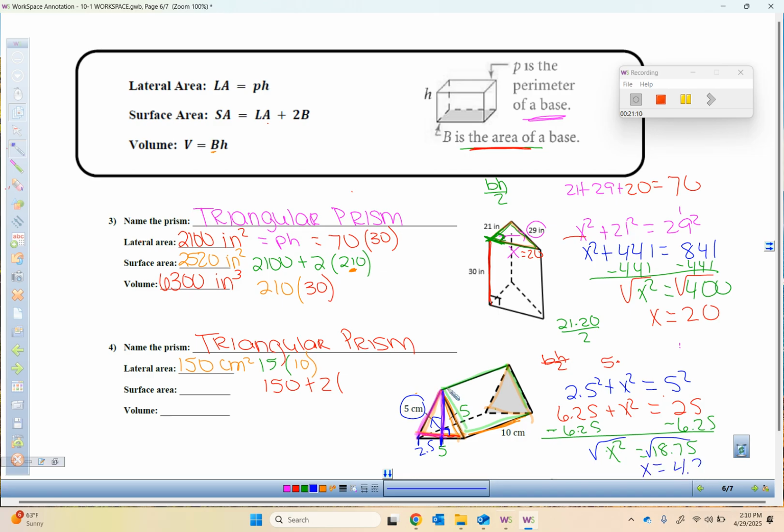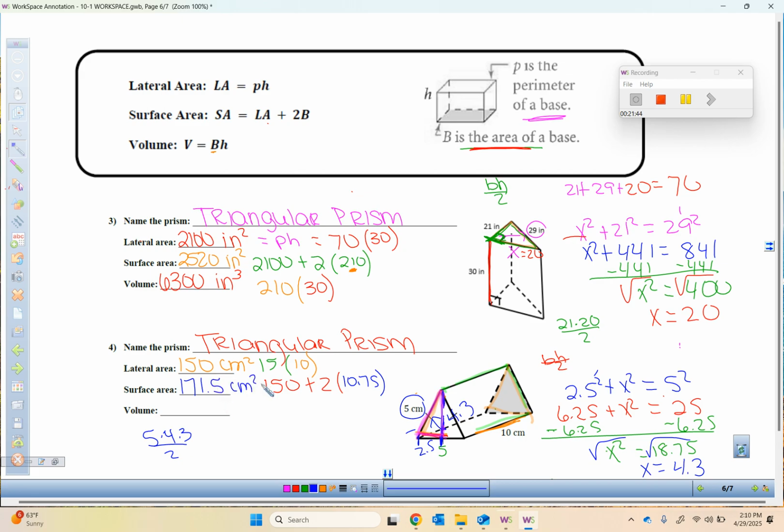I got a lot going on inside of here, so it's kind of hard to see this. But my height is 4.3. So now, base times height divided by 2. So that was 5. 5 times 4.3 divided by 2. Very good, 10.75. Now we're rocking and rolling. So 2 times 10.75 plus 150. Very good. 171.5